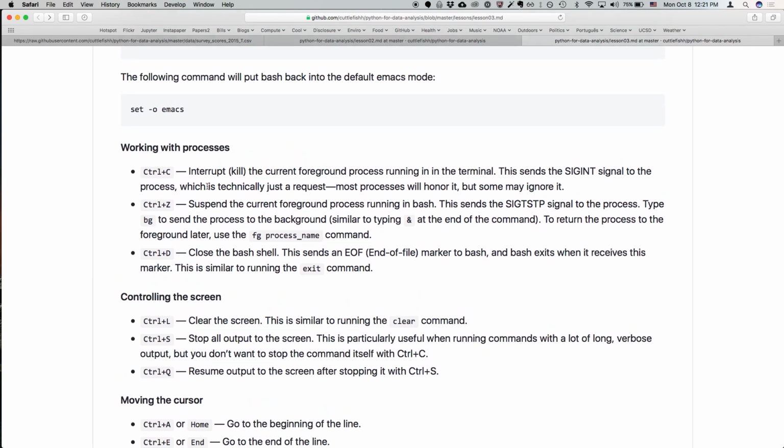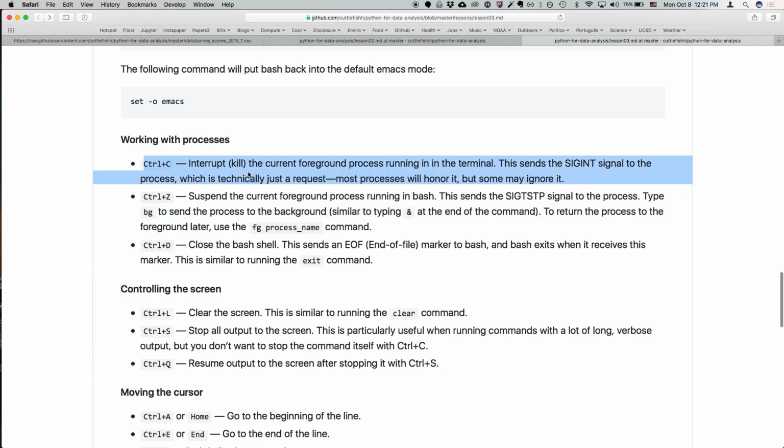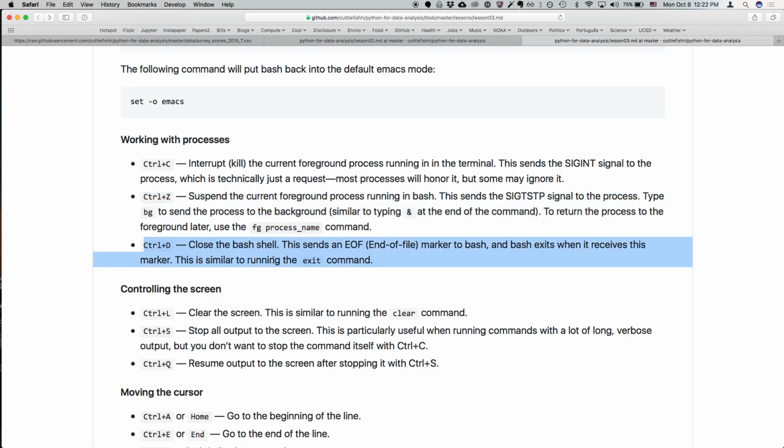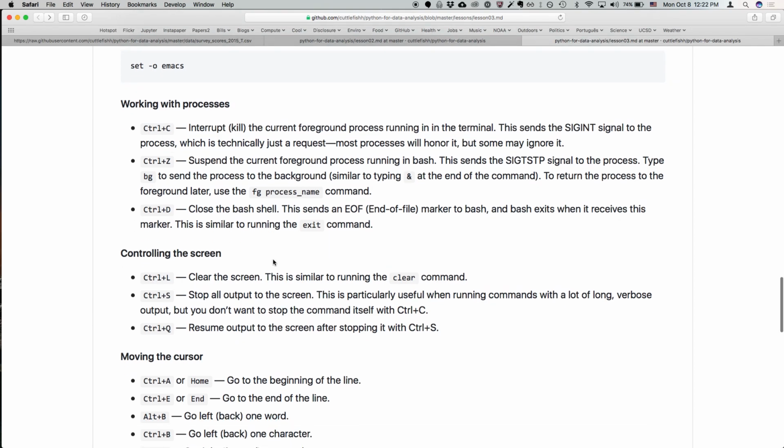So we've already seen, actually I do have the Control Z, I forgot about that. So the question earlier about how to interrupt a process is both Control C and Control Z. And there's a similar one, Control D, which is kind of like running exit. I don't typically use that. There's a bunch of other commands